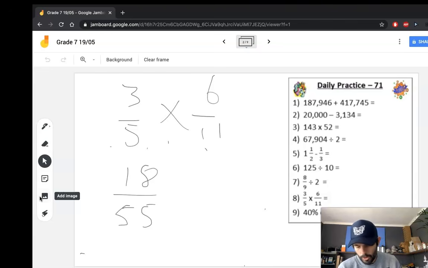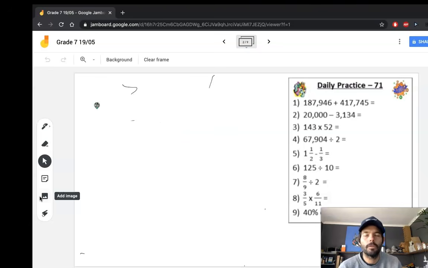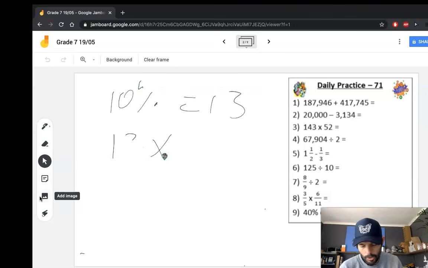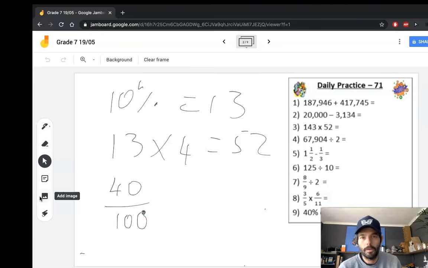Then the last question, question 9, is a percentage question, and you've got different ways to work this out. 40% of 130, I can say 10% is equal to 13. So 40% will equal 13 times 4, which is 52. Okay, alternatively, you can say 40 over 100, which is the same as 4 over 10, which is the same as 2/5,